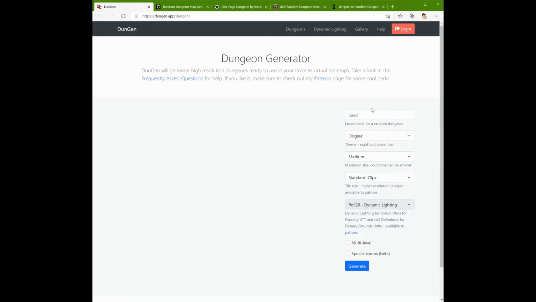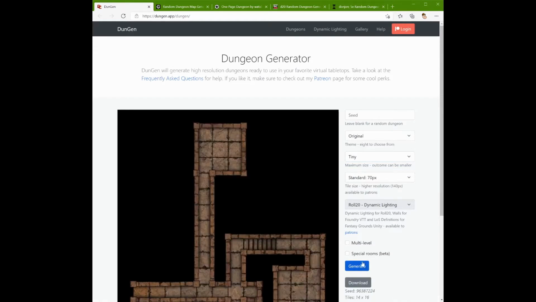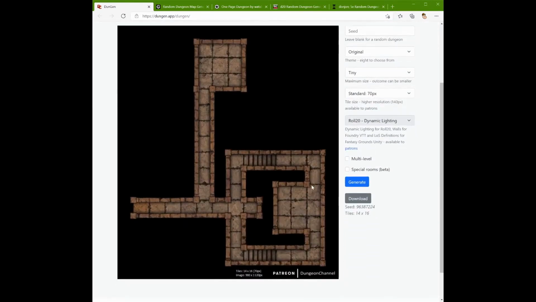So if I'm going to say, let's do a seed for an original, and I'm going to pick a tiny. And I'm going to say I don't want any special rooms or multi-level, just give me the dungeon. Generate. And here is a perfectly acceptable dungeon that shows an entrance, a side room, stairwells leading down into a chamber below. If I generate that again,